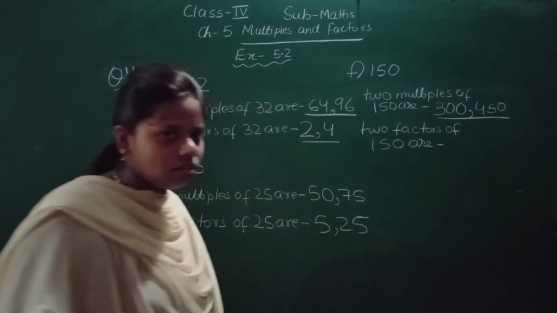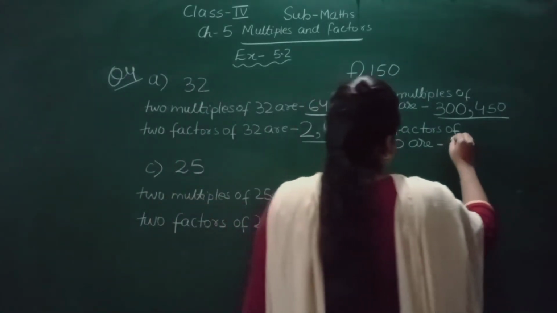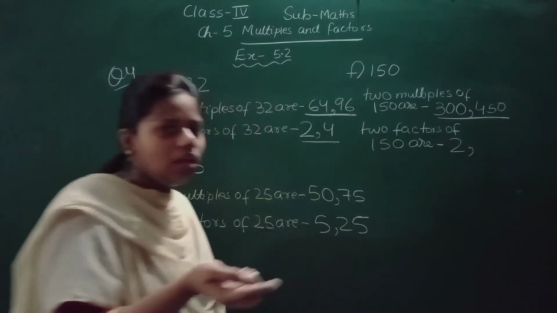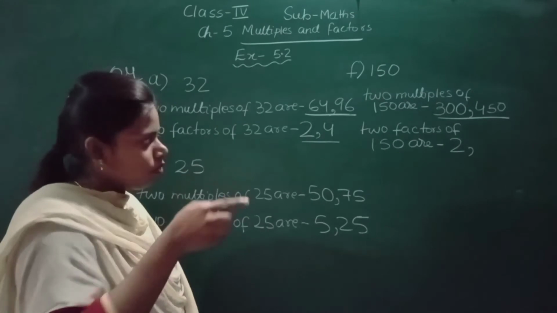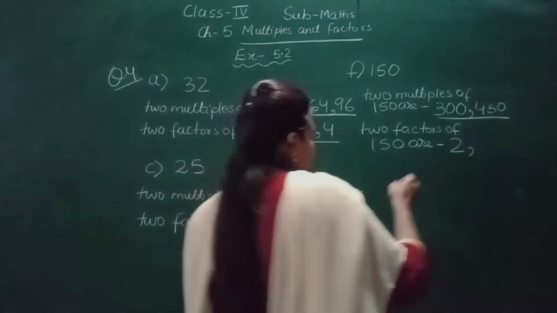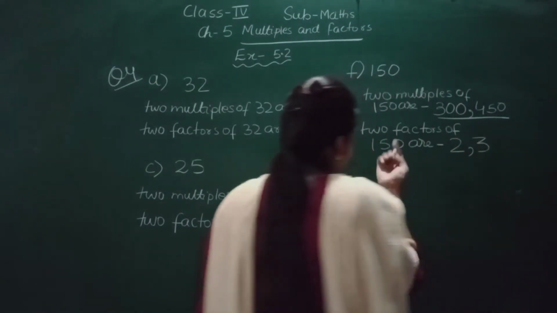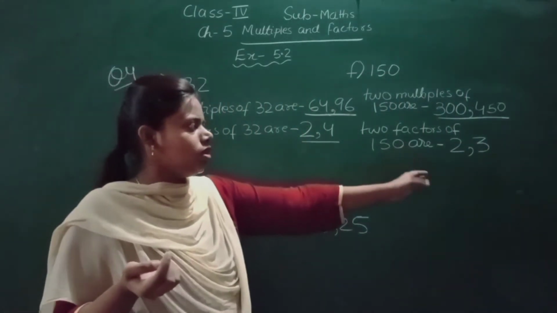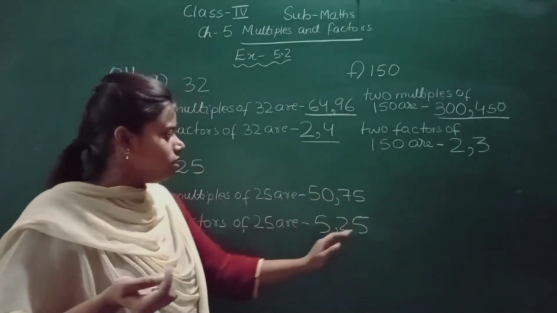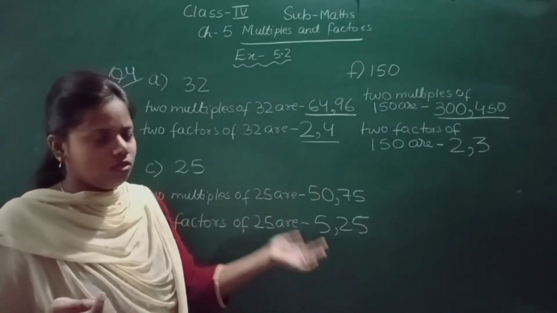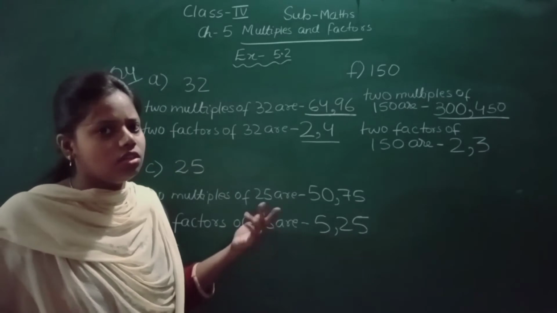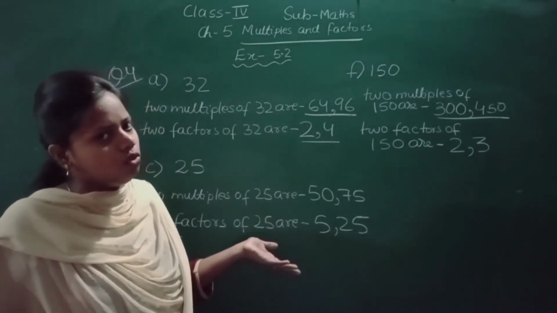Now what are the two factors? It will come in the 2 table, so we will write 2 as it is an even number. You can see 0, so it is an even number. It will even come in the 3 table now: 3 times 5 is 15 and 3 times 50 is 150. You can write it will come in the 3 table, or you can write it will come in the 10 table also. You can see a 0, so it will also come in the 5 table. So many factors are there of 150. Here just 3 factors were there, 1, 5 and 25 itself. That is why I have written 25 also. So this was question number 4. To write two factors and two multiples, you can write any two factors and any two multiples.